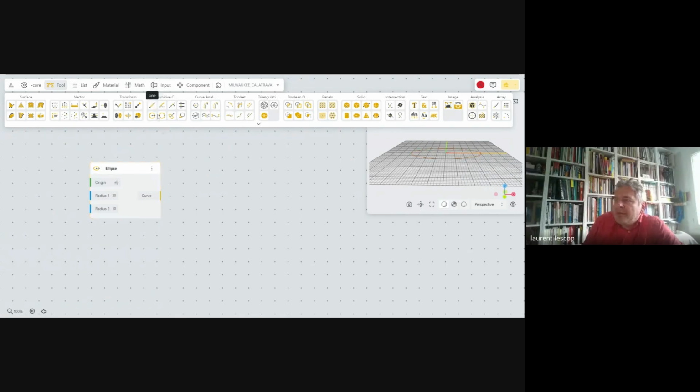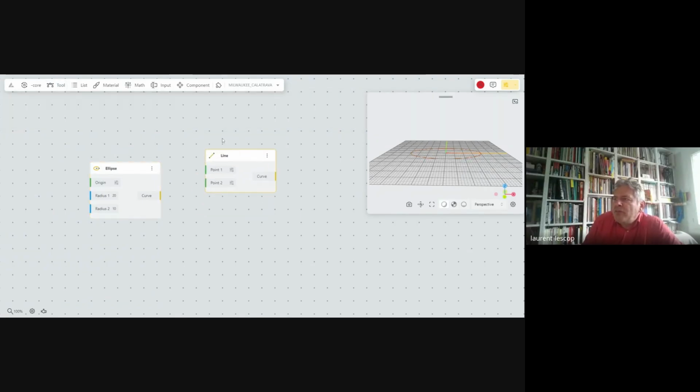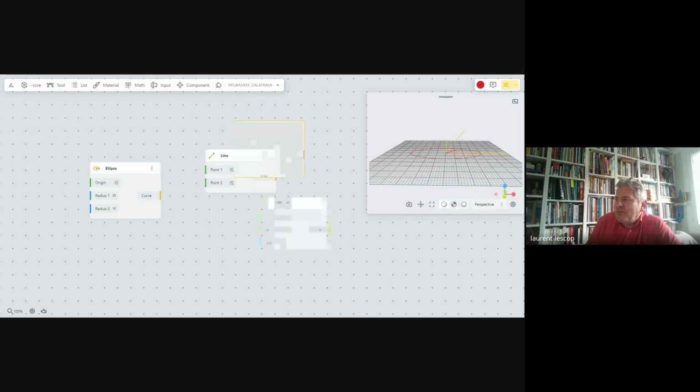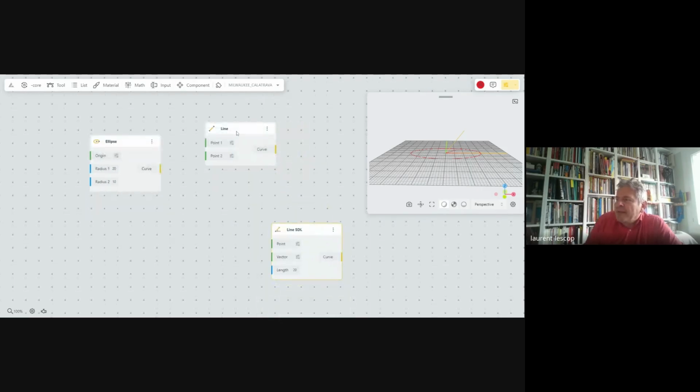You know the difference with the SDL line: the SDL line needs only 1 point, a vector to see in which direction your line is going, and the length, which gives you the length of the line.